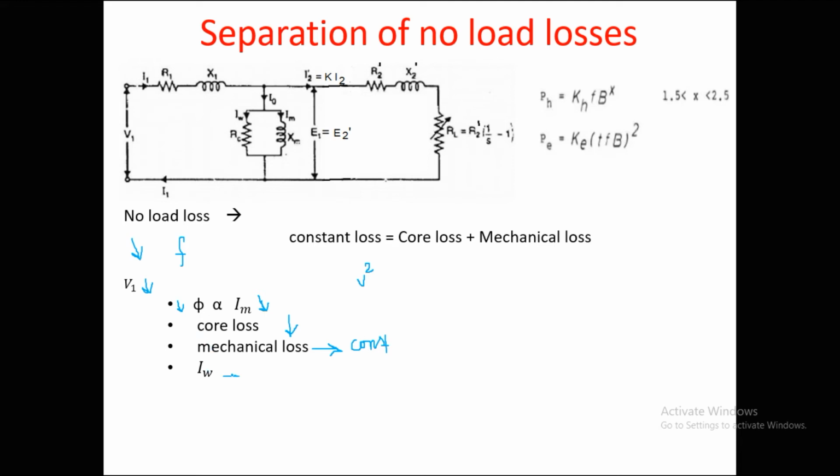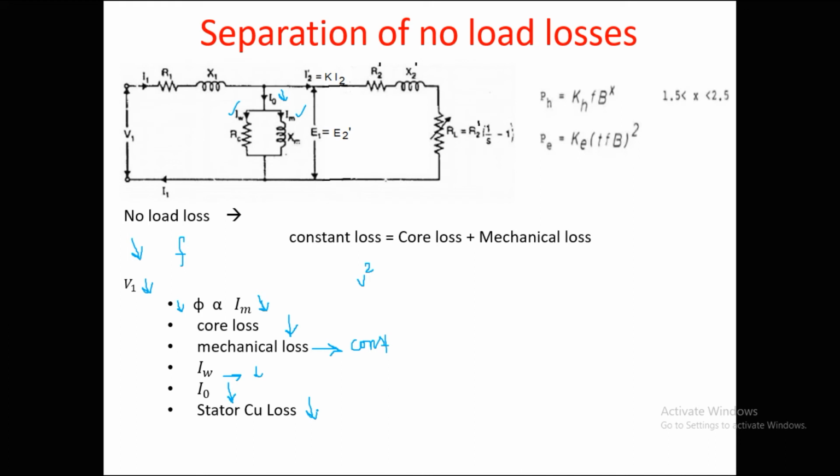And here we have a reduction in the core loss. So because of that we can have less current flow to the loss component. So IW also will get reduced, that is, the working current also will get reduced. And due to the reduction in both IW and IM, we can have a reduction in I0 also. So we can say I0, this no load current, also will get reduced. And due to that no load current reduction, we can have a reduction in the stator copper loss, that is called no load stator copper loss. And the entire loss component is getting reduced because of the reduction in the supply voltage.